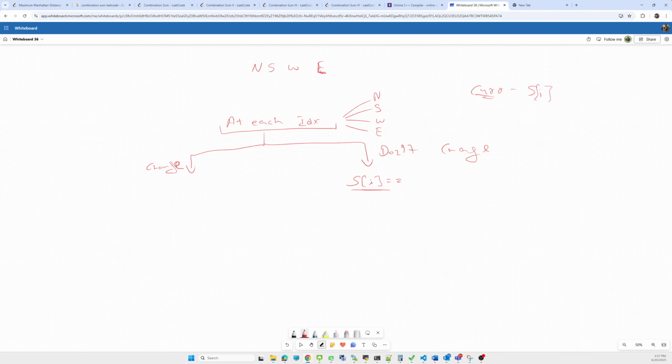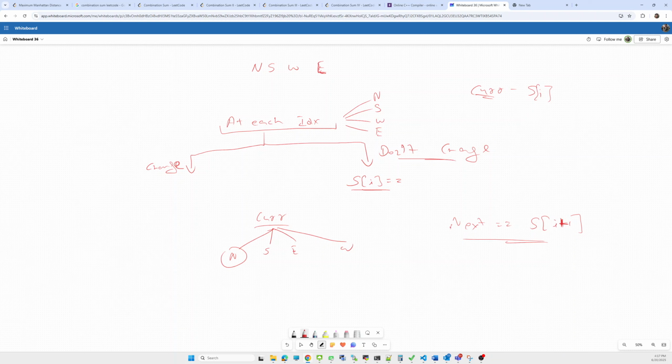If the next direction is equivalent to s of i plus 1, then we do not need to change anything.